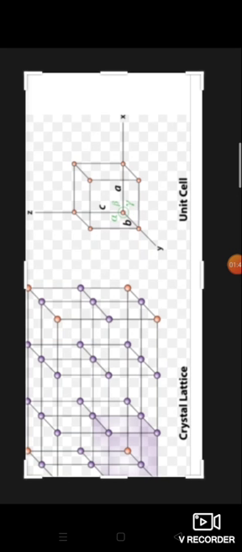In a lattice, each point is called a lattice point or lattice site. A lattice point represents one atom, molecule or ion. Thus, the lattice point represents one constituent particle, either an atom, molecule or ion. Lattice points are joined by straight lines to bring out the geometry of the lattice.